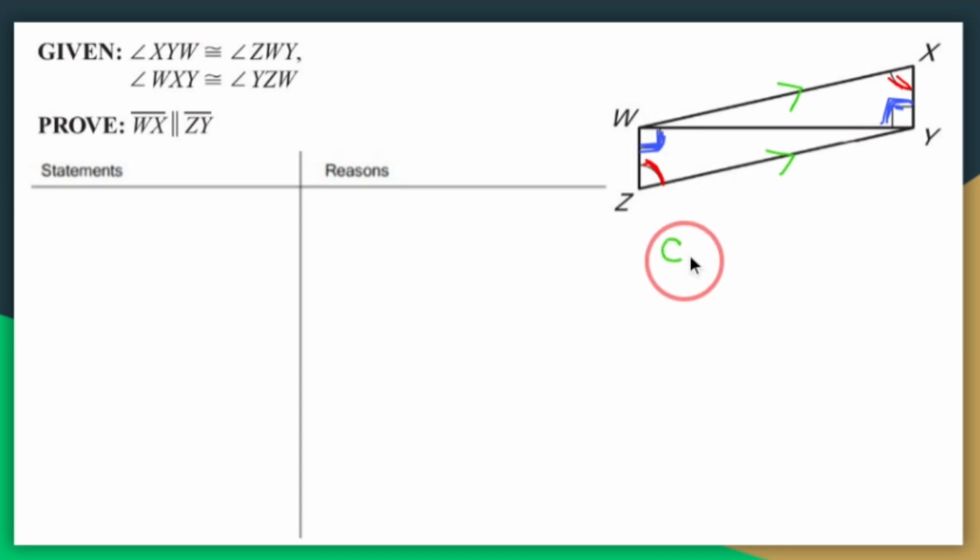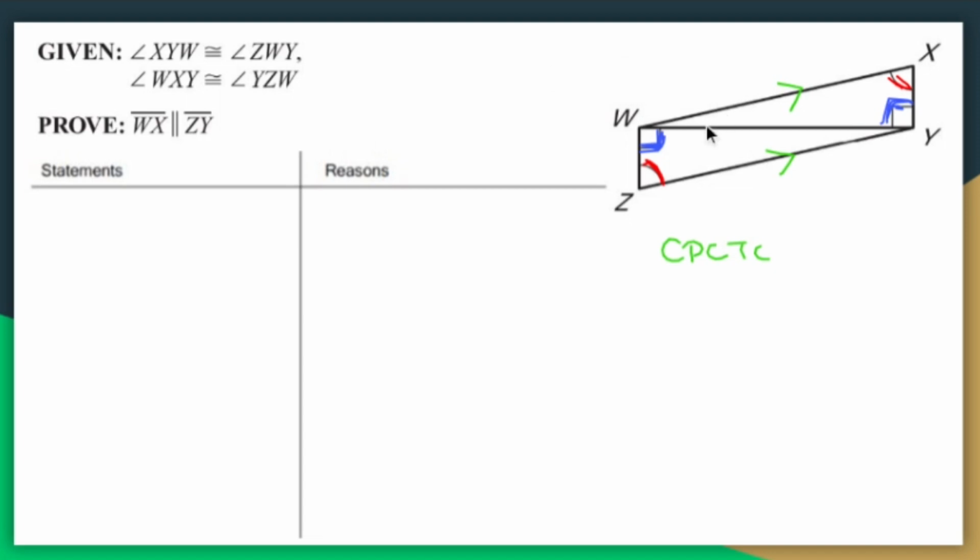There is a rule called CPCTC. Corresponding parts of congruent triangles are congruent. What that means is if I give you two triangles that are congruent, I can say that these guys are the same, and these guys are the same, and these guys are the same. So what I can do is show that these two triangles are congruent,